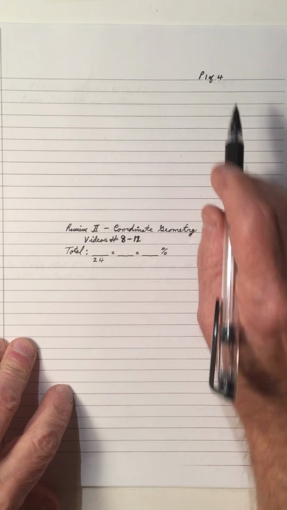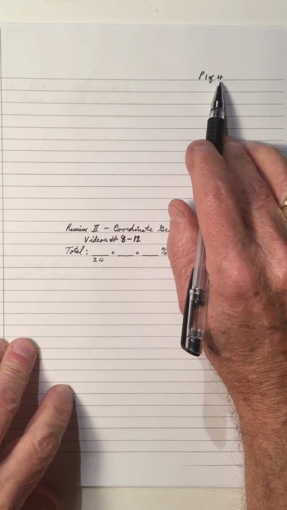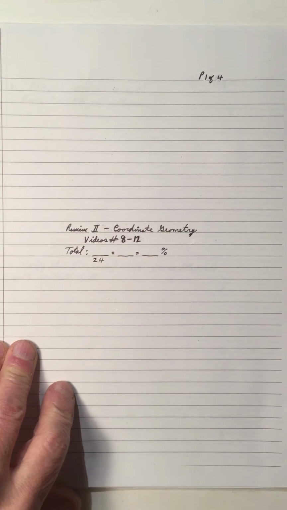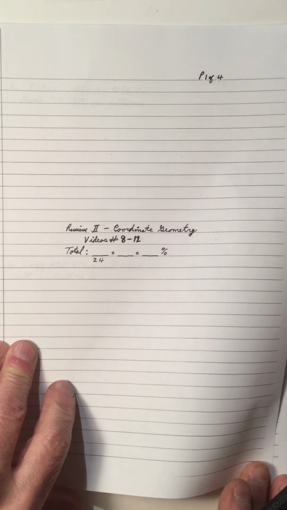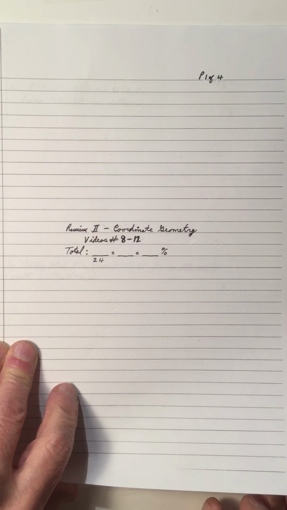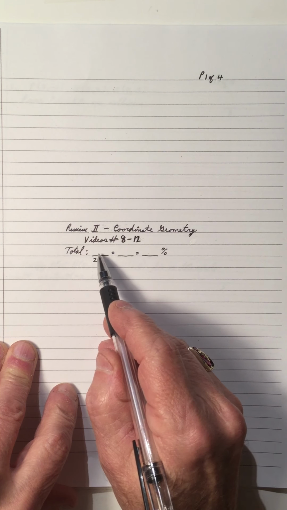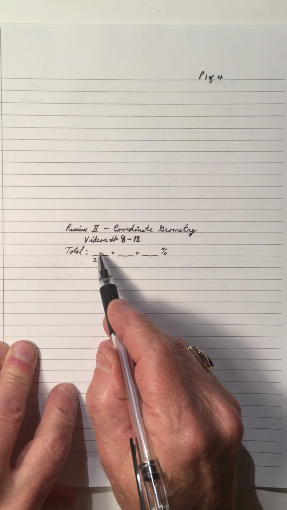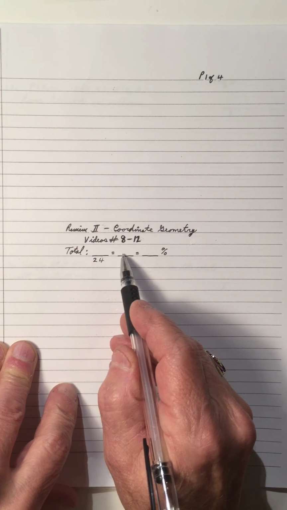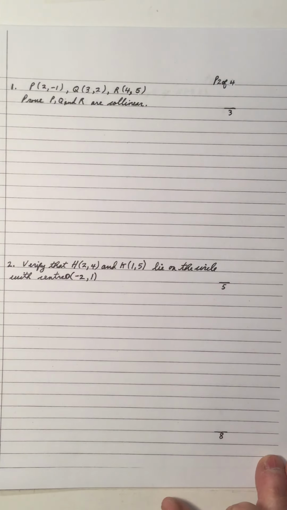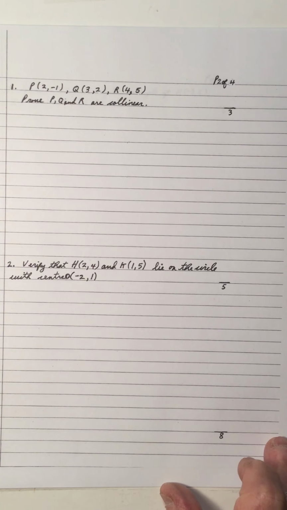So we have 1 of 4 pages is the first one. We have 3 more to do. And as you do each question, give yourself a mark, total up the questions on each page, and then put it over 24 and divide 24 into this numerator. Get a decimal, move the decimal 2 places to the right to get a percent. So here we go. This is the last video on this